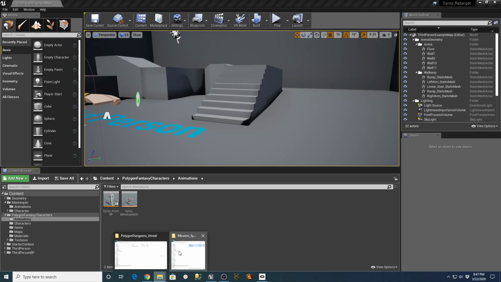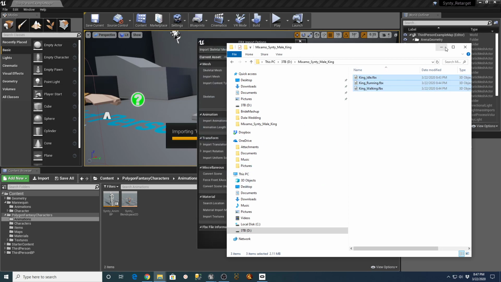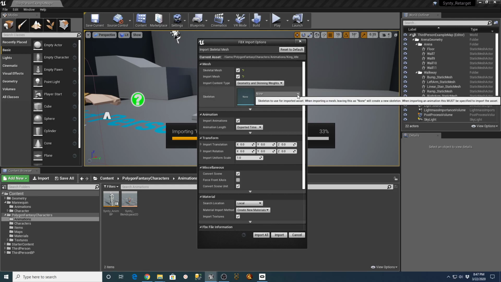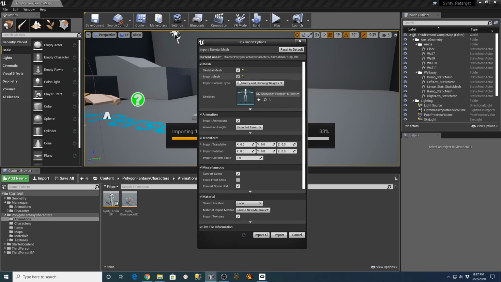Let's go back here, drag these in again, and we want to say assign it to this character, but we don't want to bring in the skeletal mesh. We just want the animation mesh. Or is it the other way around?